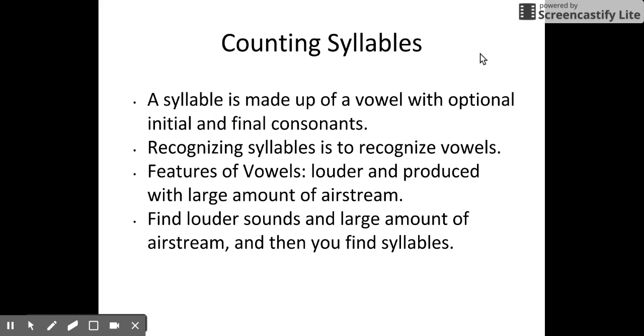And now let's have a little bit more formal definition. So what is a syllable? A syllable is made up of a vowel with optional initial and final consonants. What is important for a syllable is to have a vowel, so we need to track vowels. Features of vowels are that they are louder and produced with a large amount of airstream. So in other words, if we find the louder sounds or a larger amount of airstream, then we can find